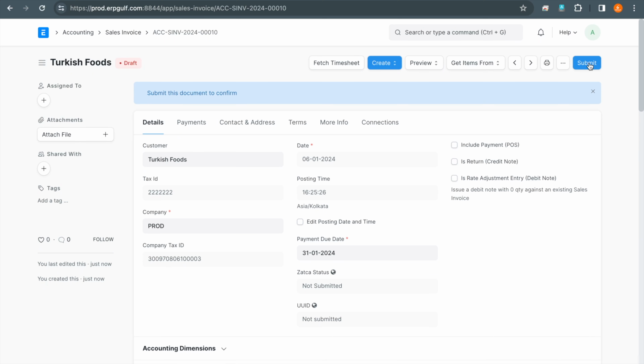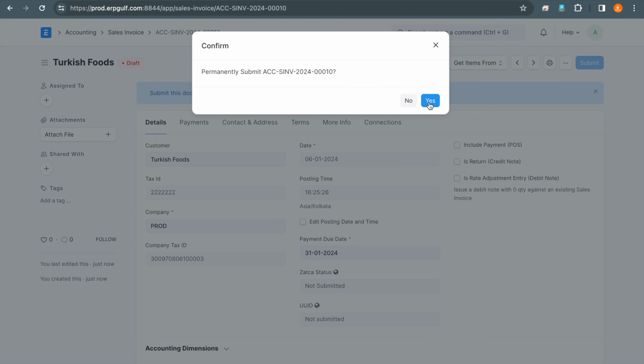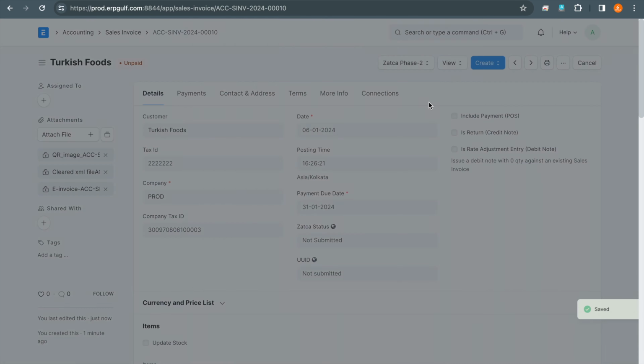But it's okay if you decide to put it on a separate button like this, submit to Zatca. We can do that. It's there in the settings. So I'm putting it into Zatca. It's a simulation portal, so I can do it as many times as I want. But in production, I cannot do this testing, so I'm just doing it. So see here,